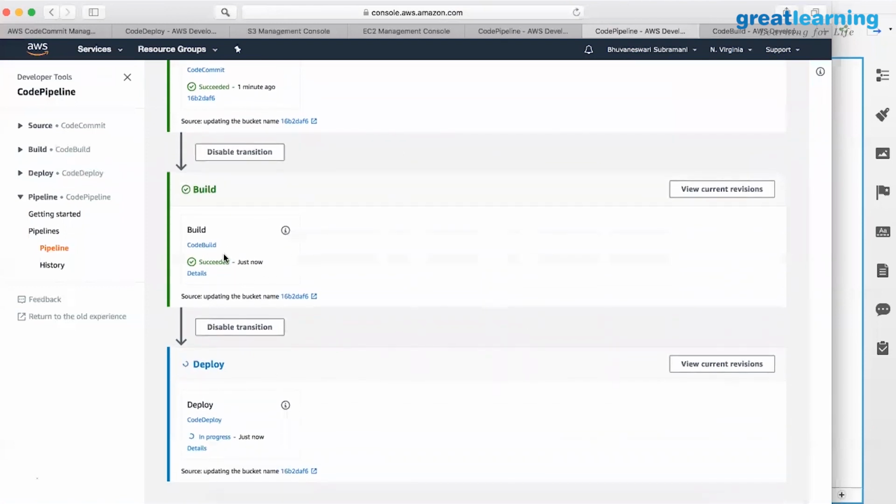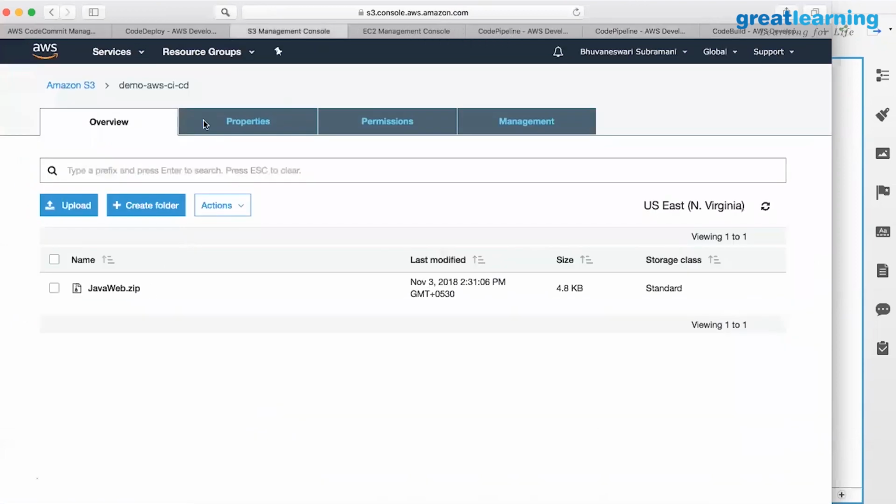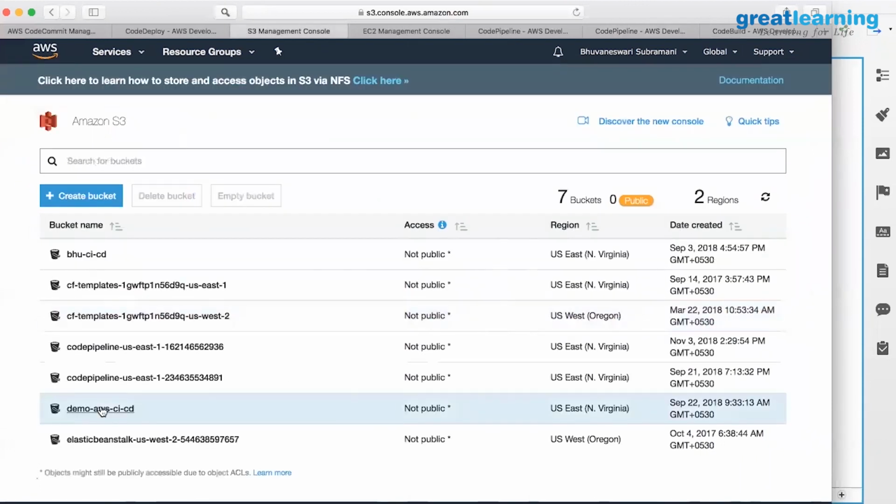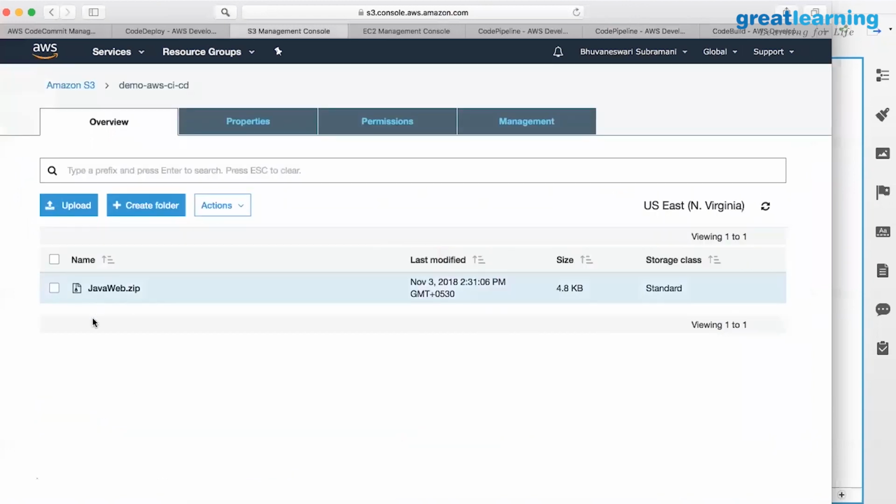The build is done. The artifact should have been stored in the bucket. Now the deployment is in progress. Let me go back to the S3 bucket to show you where the artifacts are stored. This is our S3 bucket where I intended to store the output of the build, Java web.